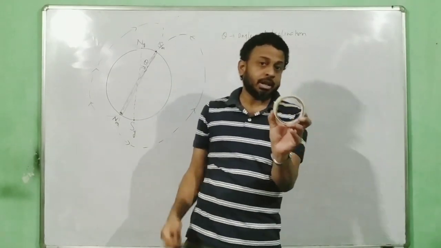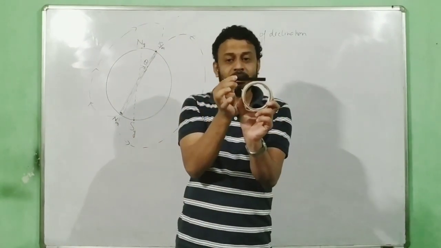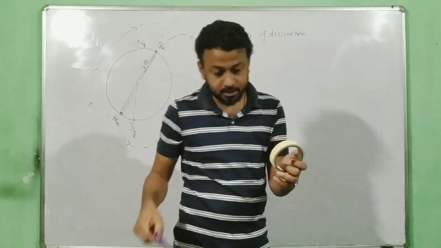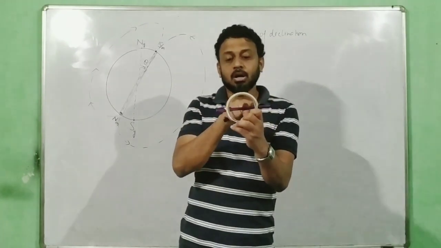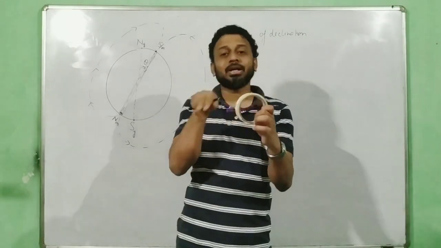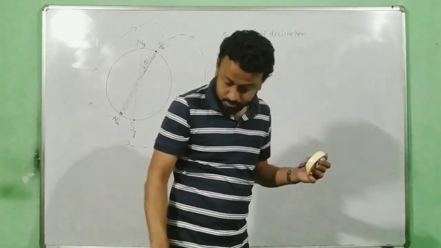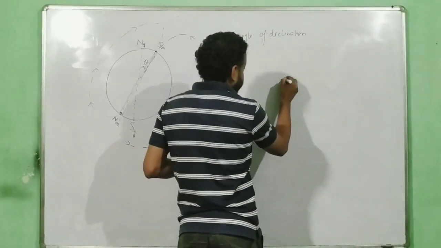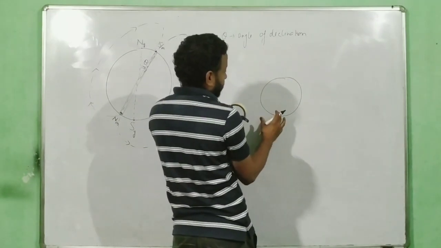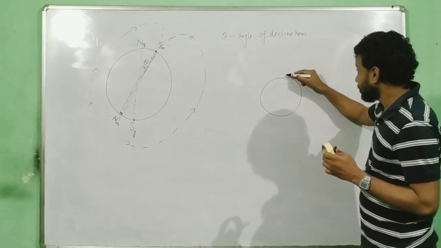If I have to find direction on any curve, math says draw a tangent. So if I draw a tangent exactly here, my tangent is exactly parallel. Suppose you just consider this to be my earth, and this is the Earth's equator. So this is the sphere over here. Just imagine this diagram: I know that north pole is here and south pole is here, but I'm just drawing it so that you can get a glimpse of that.